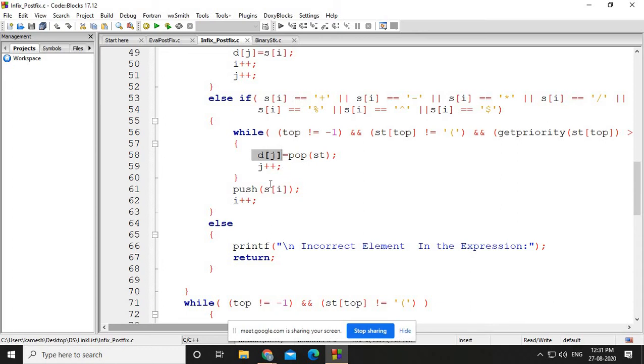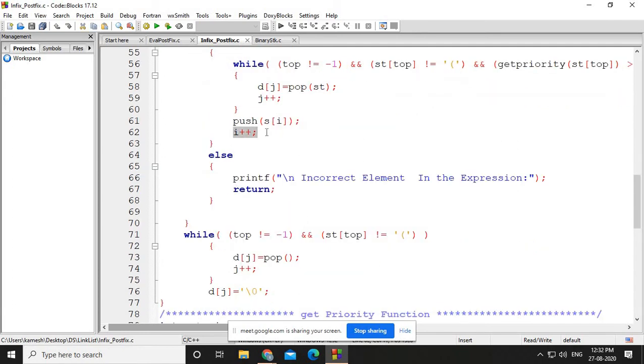Every time we put an operator into the postfix, j has to be increased by 1. And afterwards, whenever we come out of this loop, the operator which wants to go into the stack, obviously we will push it.